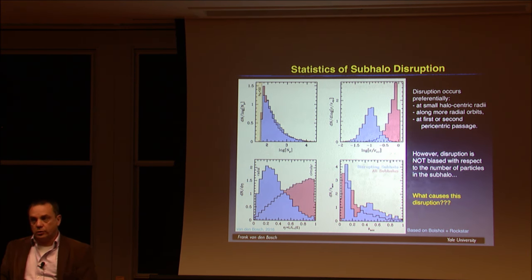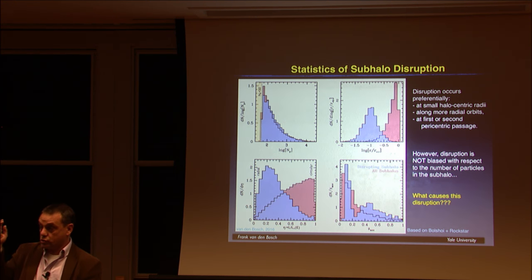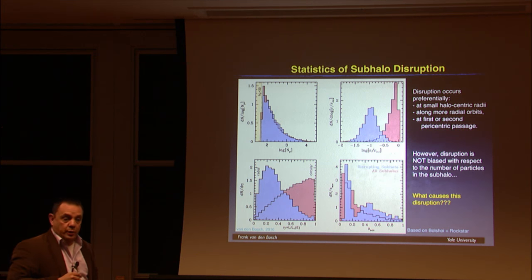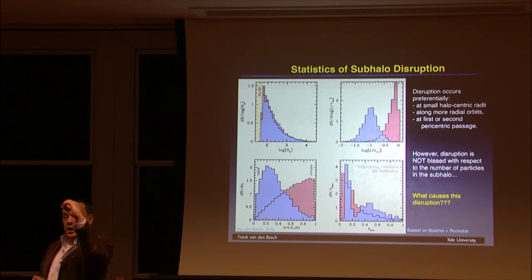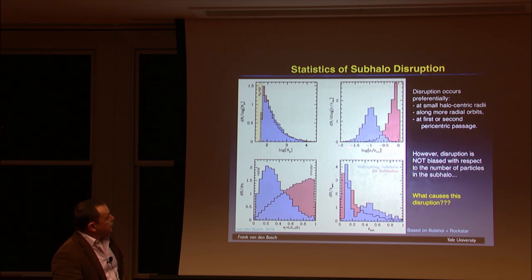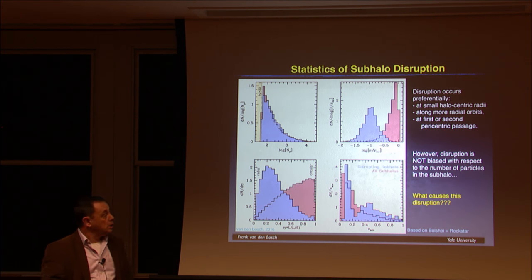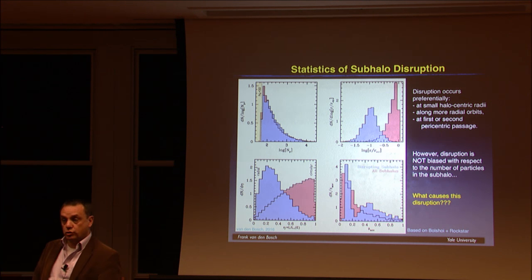What about disruption? It turns out that in these simulations, subhalos disrupt by the bushel. I'll show you. I wanted to understand the demographics of subhalo disruption. So what I did is I identified all the subhalos at the time step before they disappear from the catalog and disappear for good. They disrupt. And here I plot the distribution of the instantaneous radii of subhalos at disruption, in red, compared to all subhalos. So disruption clearly preferentially occurs very close in, typically at about 10% of the virial radius, much closer than an average subhalo.